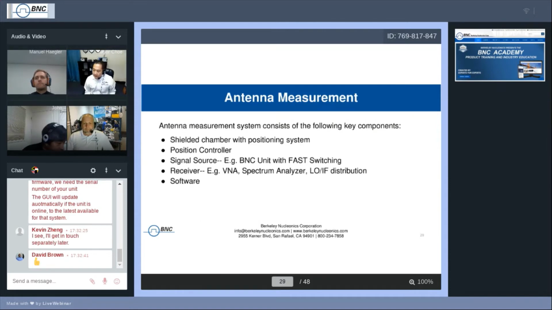Now, let me touch on antenna measurements and the basics of an antenna measurement system. The key components here, the first is the shielded chamber with positioning system. Then we have the position controller, which is basically the interface to this positioning system. Your signal source, obviously, for example, one of our BNC units with fast switching. I've highlighted fast as I will get into why that is important in antenna measurements in the next couple of